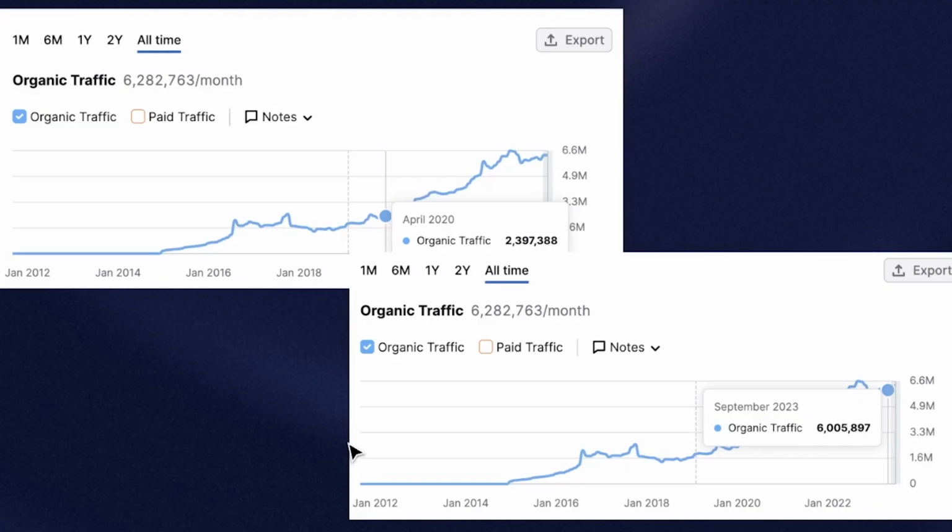Of course, this is an enterprise, and we don't like to say that there are some secret SEO tactics which are going to be getting you incredible results with time. This was just one of the pieces. The other piece is that they have a great team who's going to be creating great content, but Webflow was able to help them gain that bit of an advantage over their competition in order to push all of that great content live. So you can see after that, in September 2023, that they have roughly around 7 million